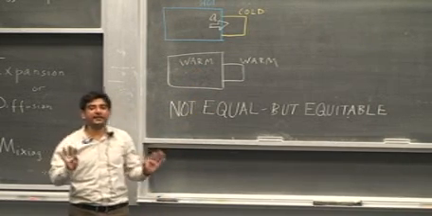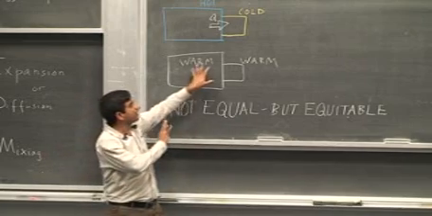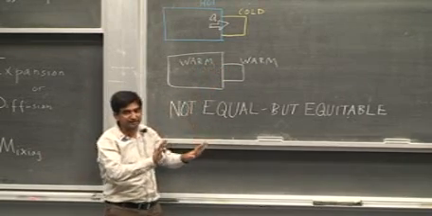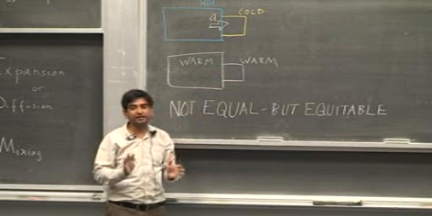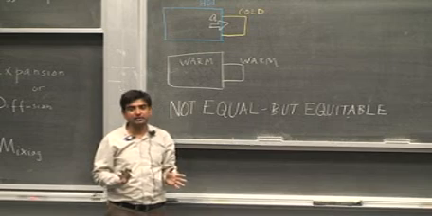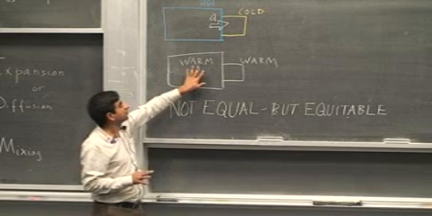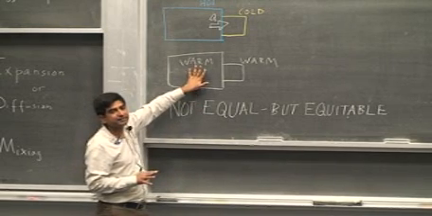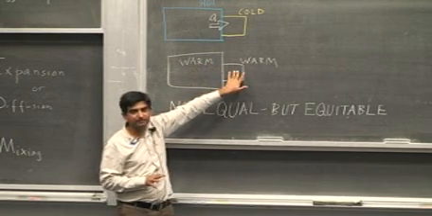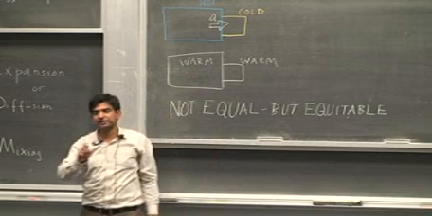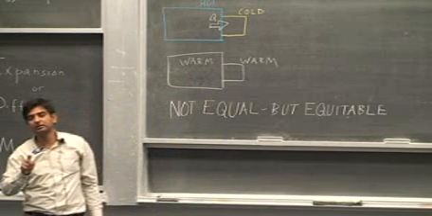So let me summarize again. In this example, we have two objects. They are at the same temperature. They will have the same internal energy. But this internal energy has more space to go inside this larger object, so it will have a higher entropy than this object. Now there was another question you asked, and that was about